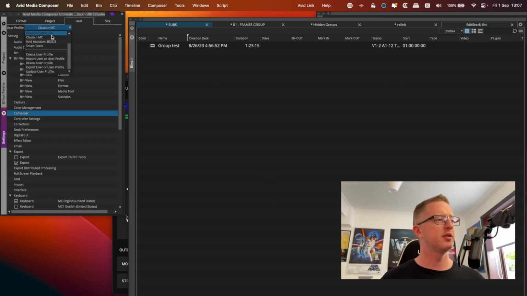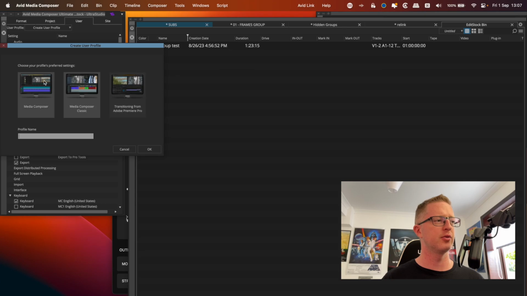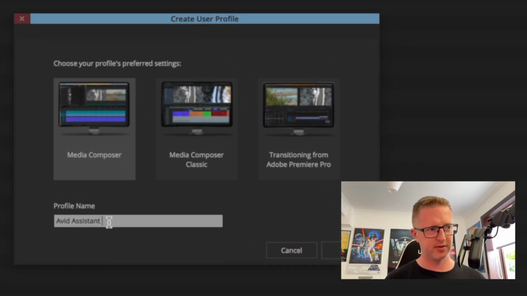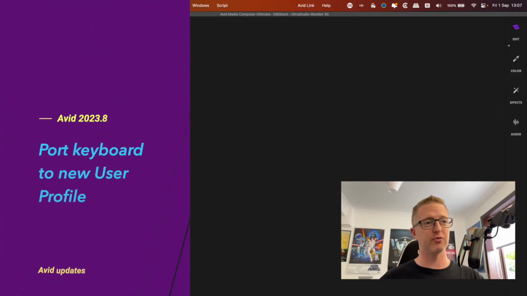So under my user settings, create user profile, I'm going to select Media Composer, not Media Composer Classic, and I'll just call this Avid Assistant 2023.8. Sweet. Now, just before we start rattling through a whole bunch of new features, I do want to remind